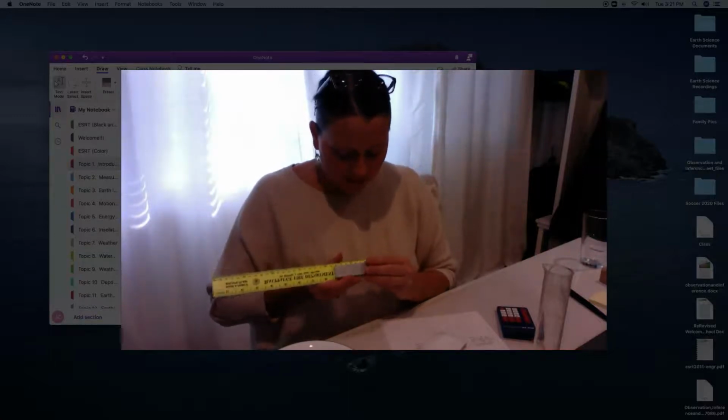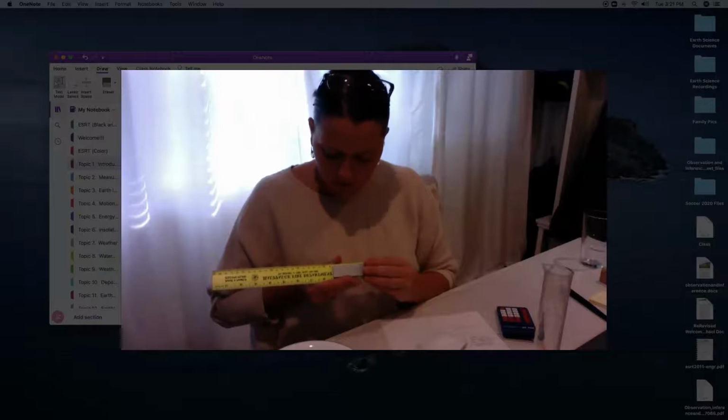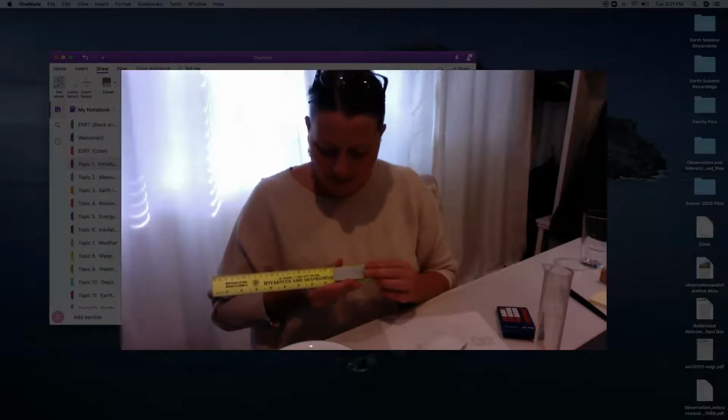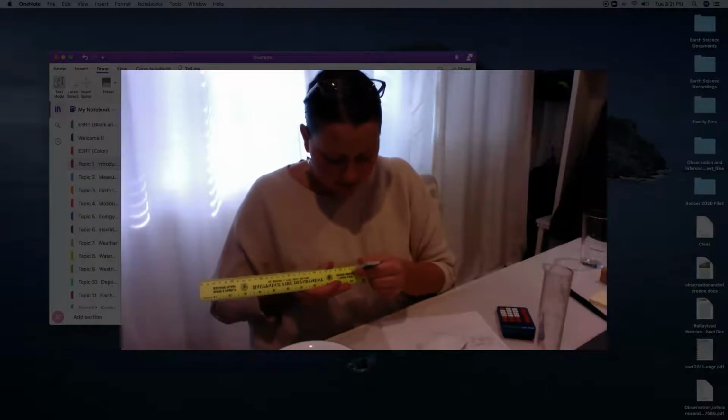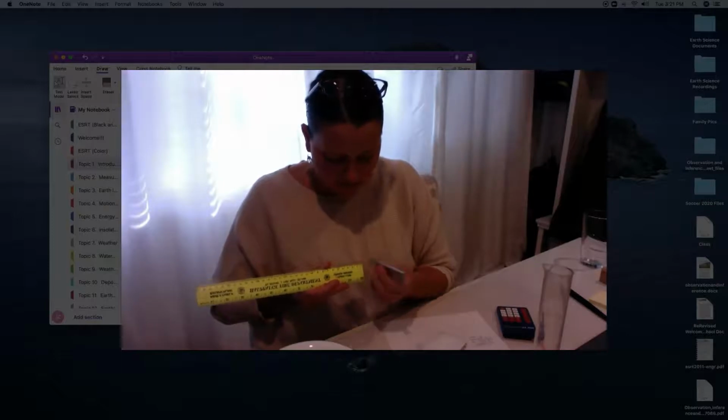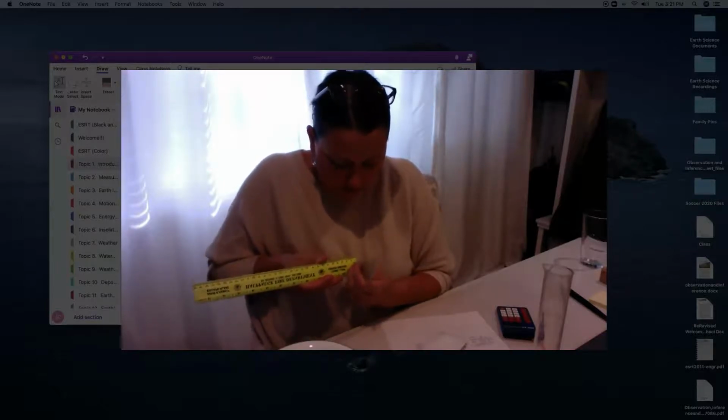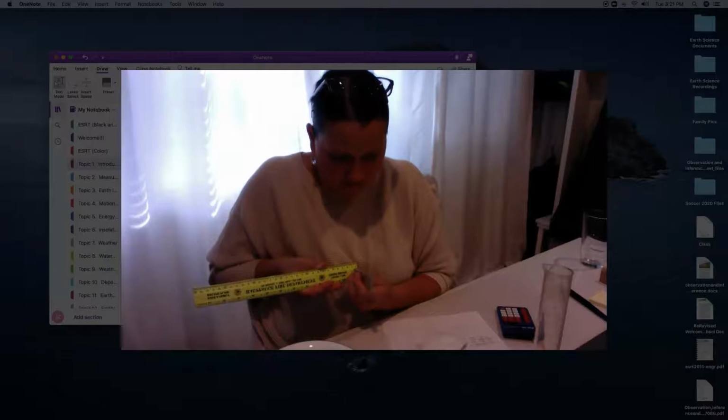So the length is the longest side. For my aluminum bar, it's going to be 8.8 centimeters. For my width, I'm going to go with this shorter side here, and my width is going to be 2.5 centimeters. And then my height, I'm going to use this edge of it, is going to be 0.5